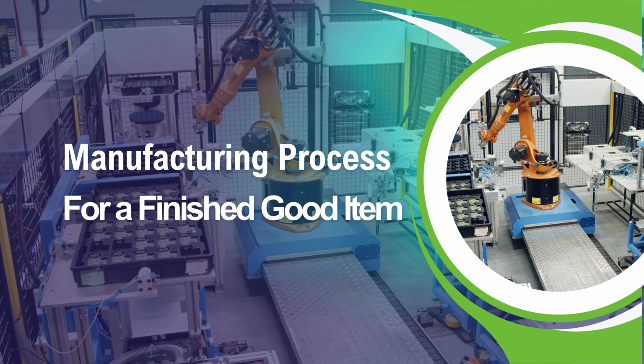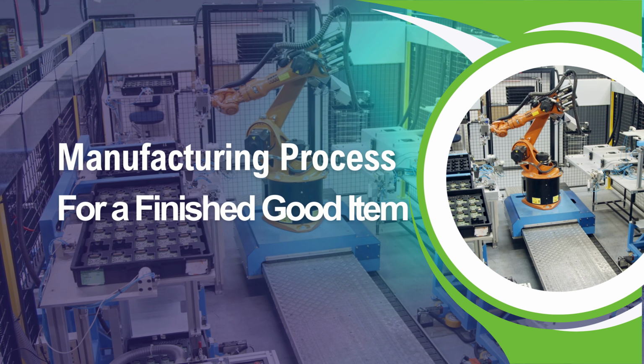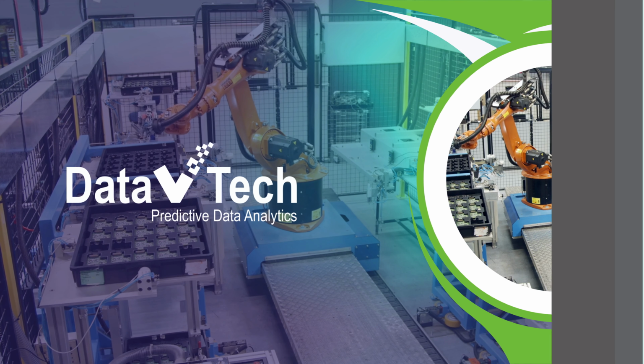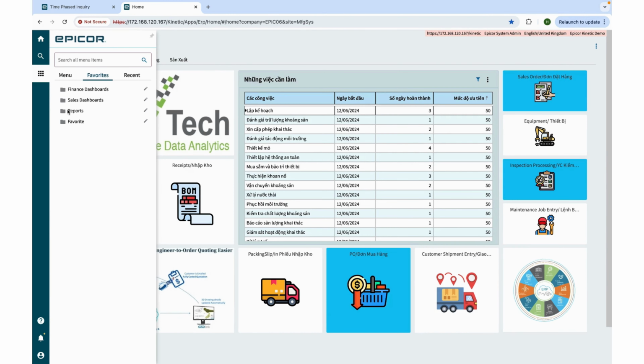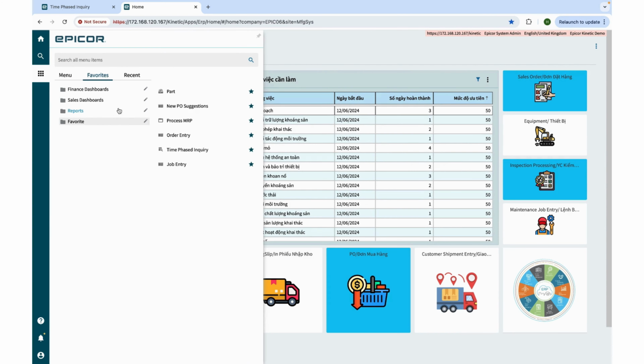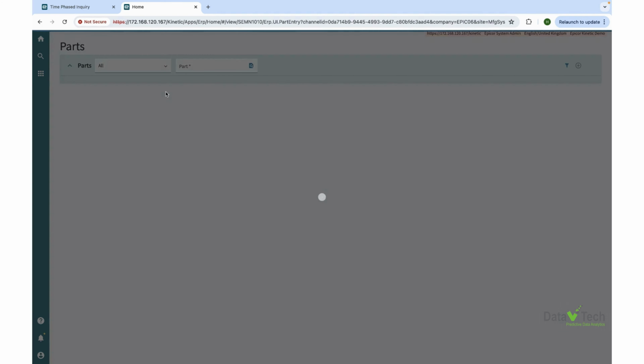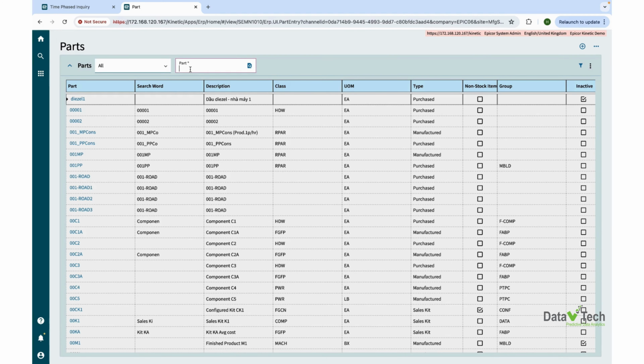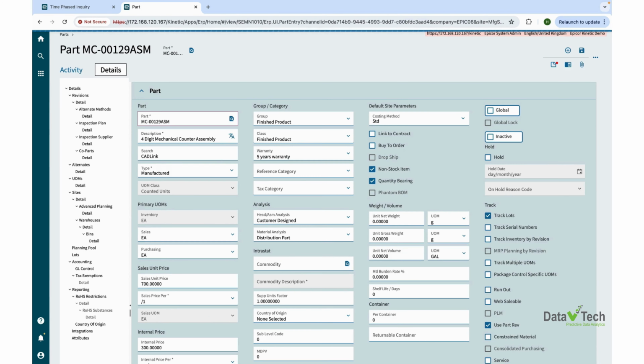This video shows you an example of the process to produce a manufacturing item, in other words, a finished good part. In the Epicor Kinetic system, part entry is where your item information can be configured and applied various business rules. For example, if the SKU is required to track the expiry date or supplier lot, heat number, cure number,